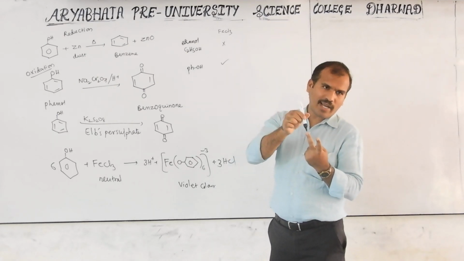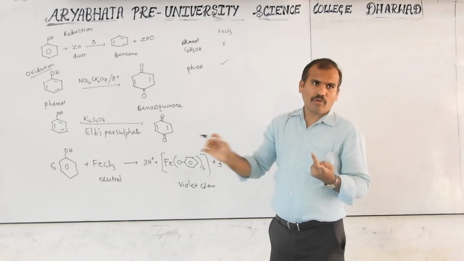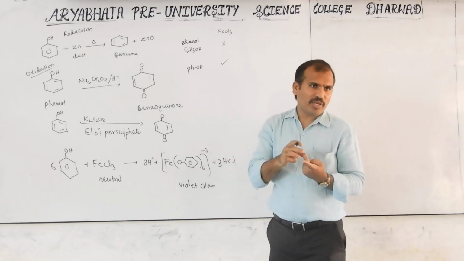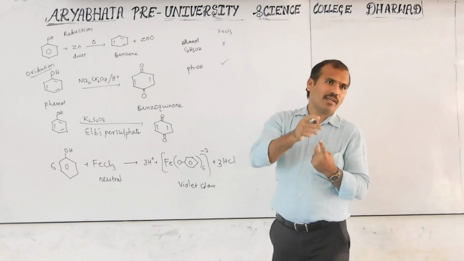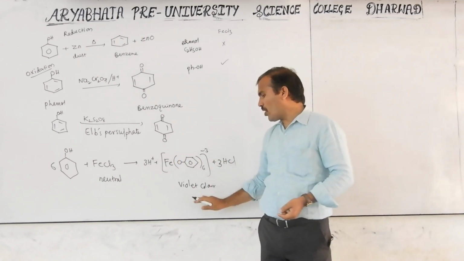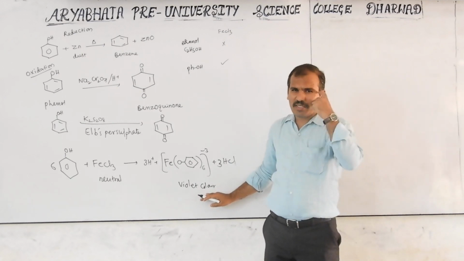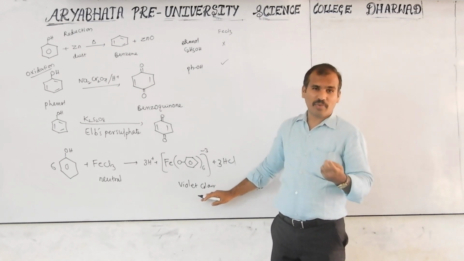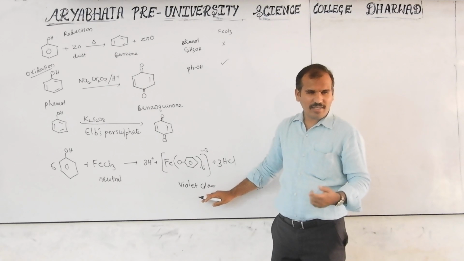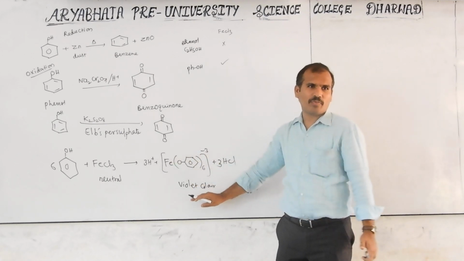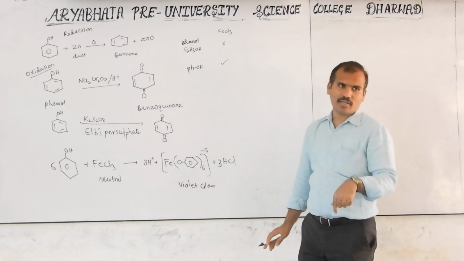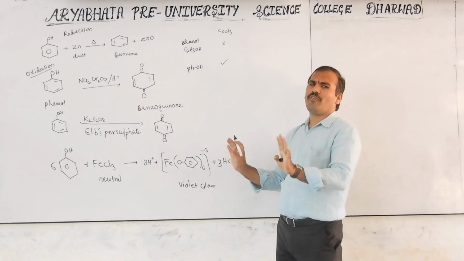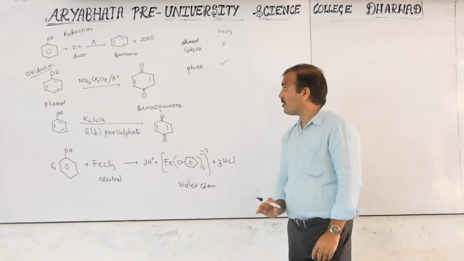For the alcohol, FeCl3 is added, and any violet color, red color, purple color does not appear. This is not phenol, this is only alcohol. For phenol, when this is added, it gives violet color. In book to book, small color changes are there: violet color, purple color, red color, green color. Generally phenols give violet or purple color. You have to remember that. Remaining enols may give red color also, that is different. Only remember phenol gives violet or purple color.